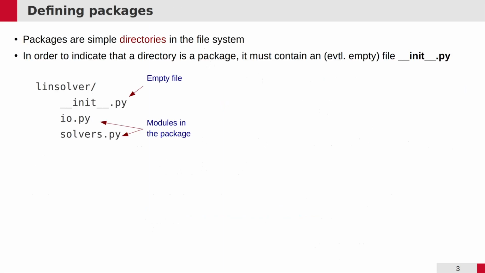So how can we define such packages? That actually turns out super easy, because those packages are nothing else but simple directories in the file system. So let's assume we have our linsolver project, and within it we create a linsolver directory. Now we put all our sources into the linsolver subdirectory of our project. We put our io.py, which contains the input-output functionality, and solvers.py, which contains the solver functionality, and we will create an empty file